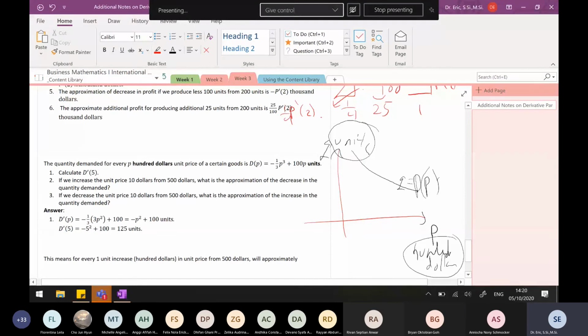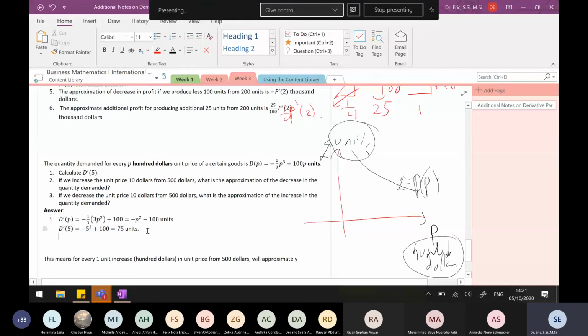It's 75, sir. Huh? 75. Okay. I missed the parenthesis. I have the hierarchy of operations in mathematics. We have to count the power first and then times minus. So I have minus 25 plus 100, that is 75. Thank you for your correction.